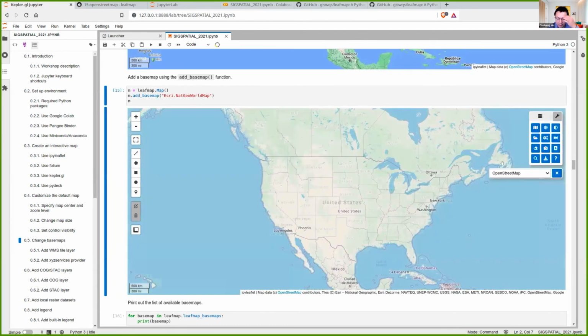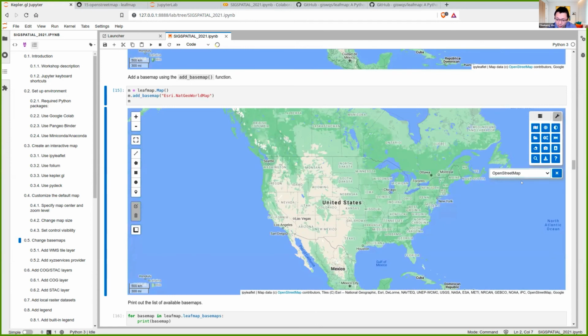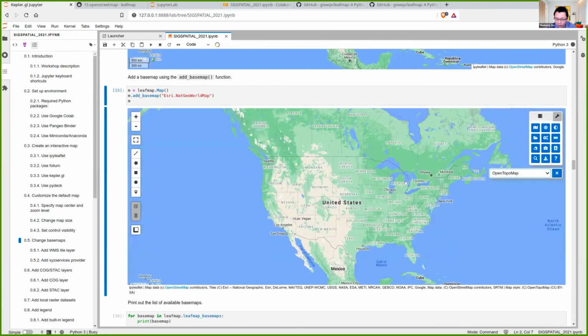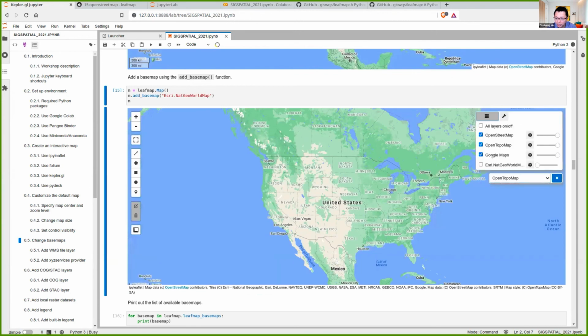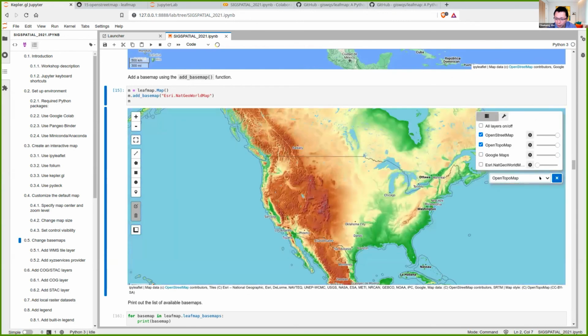This is the base map icon. So once you click the icon, you will be able to select from all kinds of base maps from here. So over 200 base maps that you can choose from. For example, I can open maybe OpenTopoMap, right? I think it's here, the second one. So OpenTopoMap, and for example, Esri